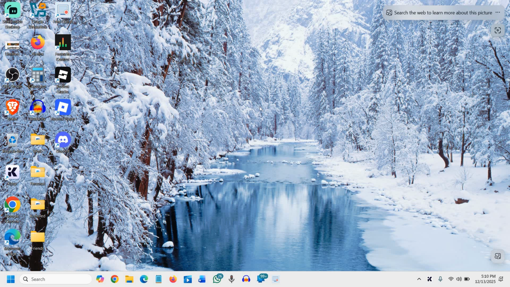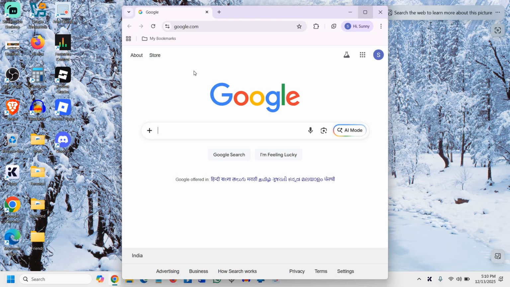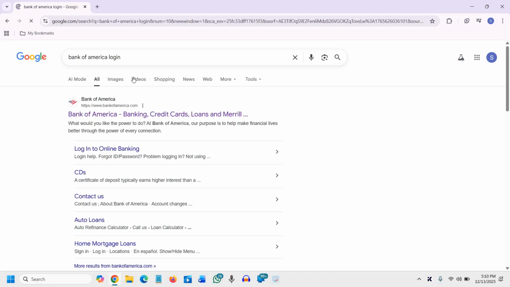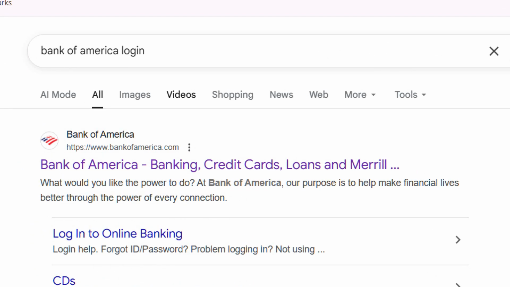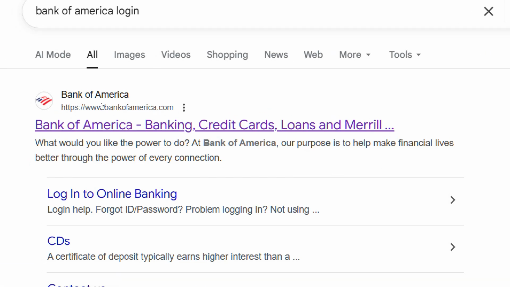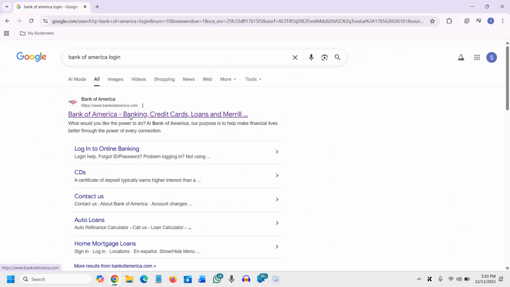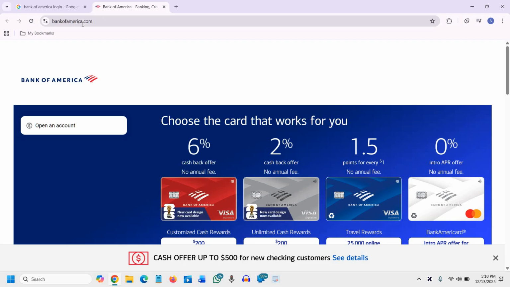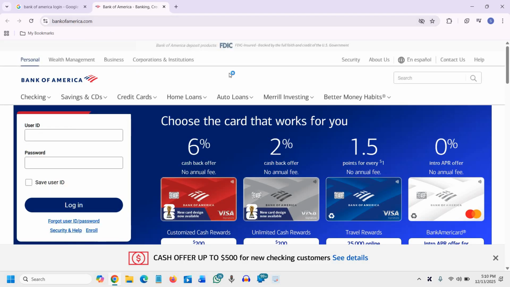Good day, everyone. Learn how to log into Bank of America. So open your browser and type Bank of America login. Bank of America login, and you will find the best results. bankofamerica.com. Please make sure you visit the banking site, and bankofamerica.com is the site where you can log in to